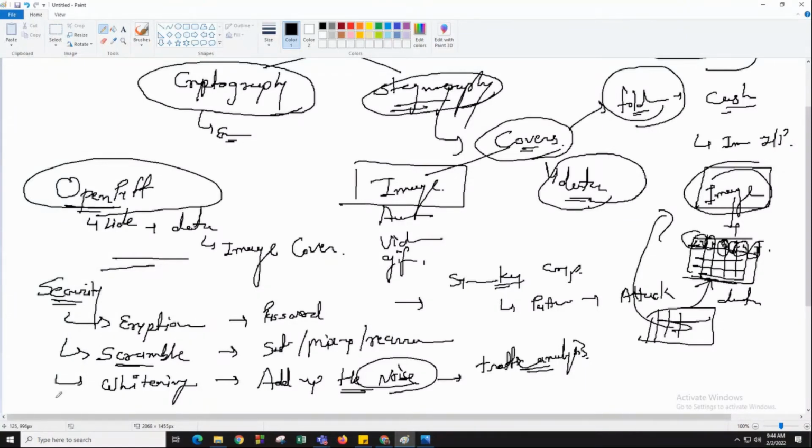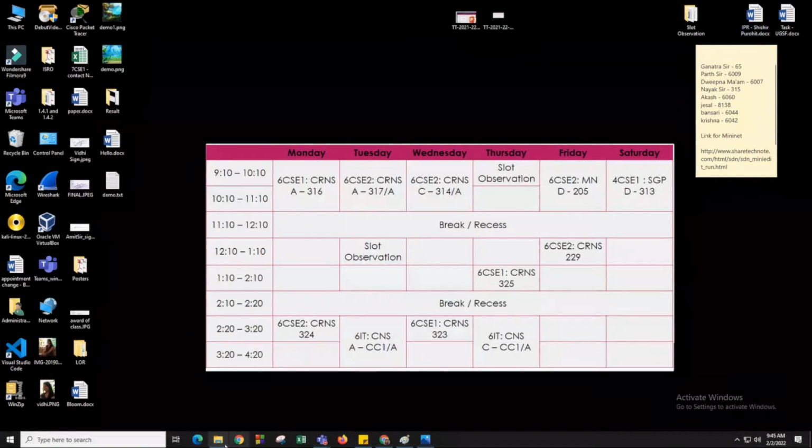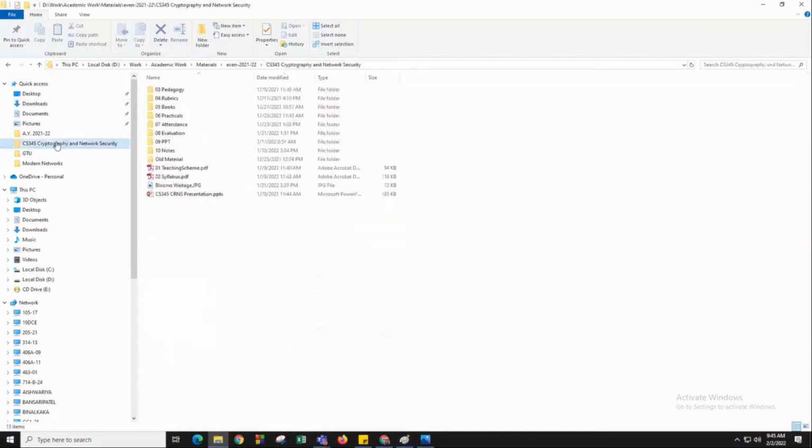Okay, and lastly we will encode it. This encoding is for the same purpose, that input and output should remain the same. Encode both things, bind them, combine them. Okay, so these four techniques are used by the OpenPuff tool to provide steganography. So now let's see how this particular tool works. Basically you just need to download the OpenPuff tool, it will be a zip file.